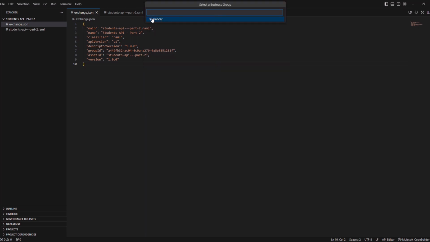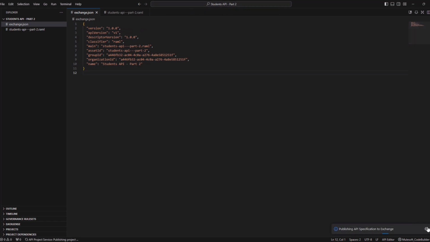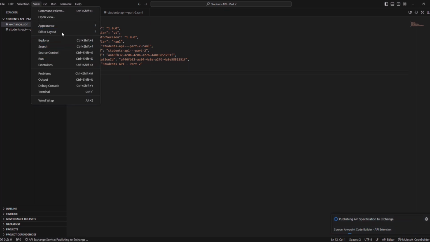Once you click it, it will ask you for which business group you need to deploy. Select that business group. After that, it will ask what will be the name of this project. If you want to rename it, rename it right away here, or else just continue. Then it will ask you for the artifact ID. If you want, keep it. Then the version, asset ID, and the API version, and that's it. As soon as you do all these 4 steps, it will start publishing your API specification to Anypoint Exchange. Now if you want to see the logs behind this, you need to go to the